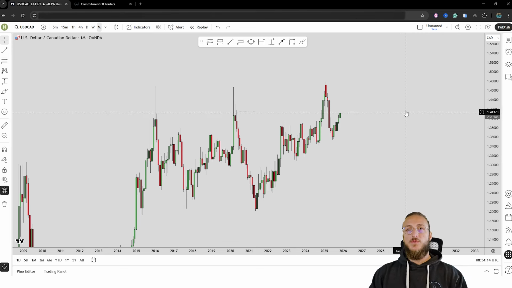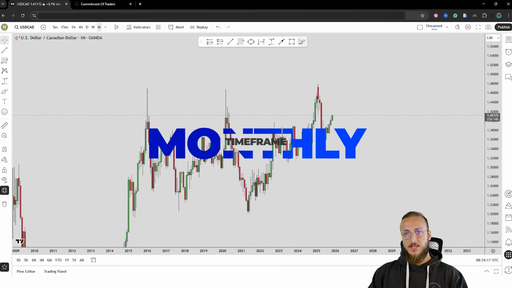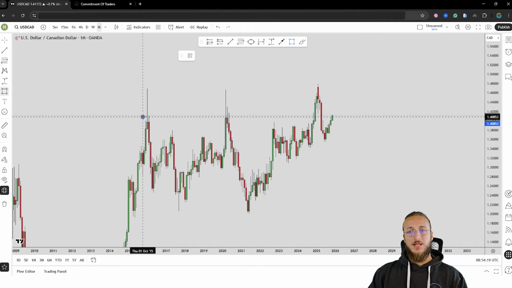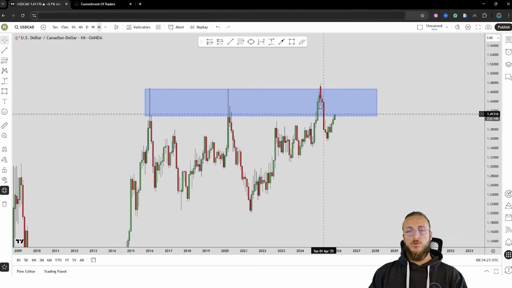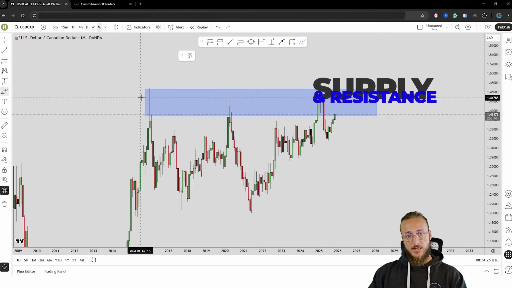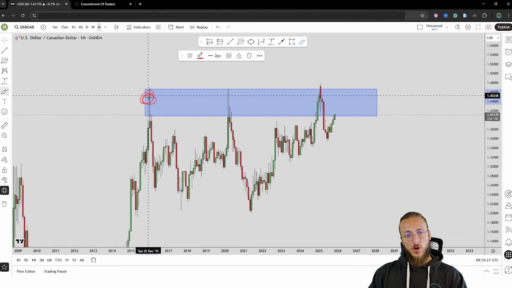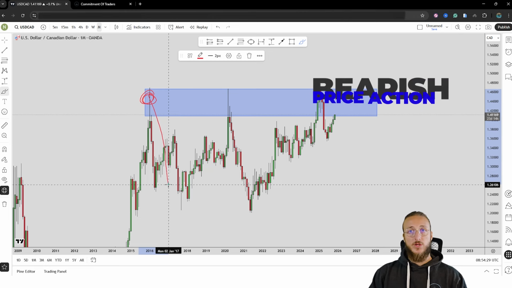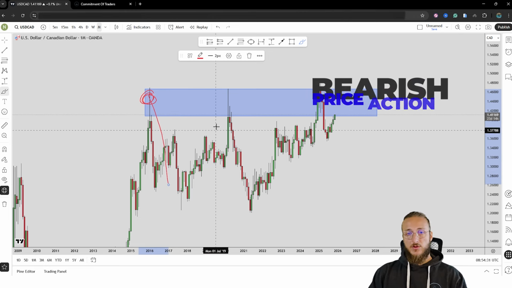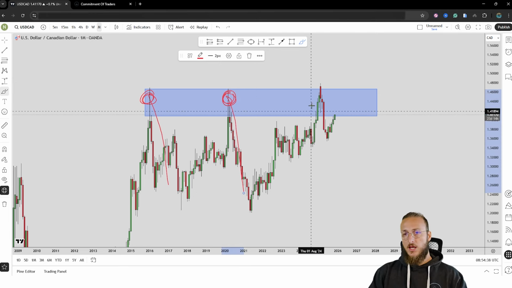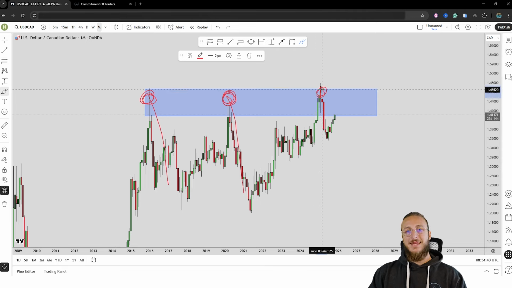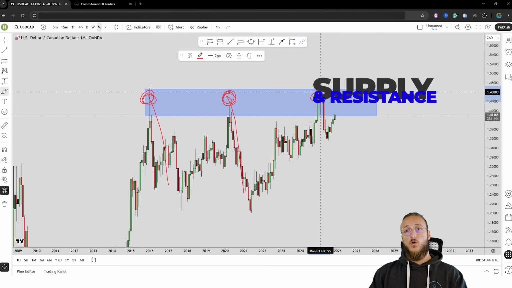Now, starting here from the monthly time frame, what we can see is that we have a market which is currently approaching a quite important historical supply and resistance zone. In fact, what we know is that from here, all this previous rejection to the downside was created. Then again, the market went and tested exactly the same zone and again was rejected to the downside very aggressively. We then had very recently another test of this exact same level of supply and resistance, which again was respected